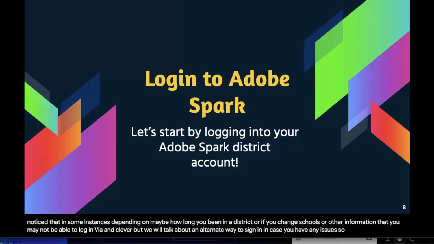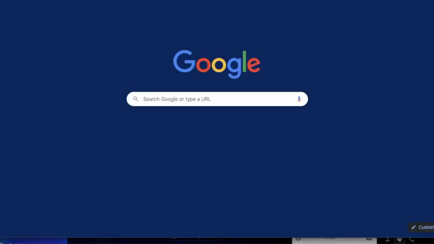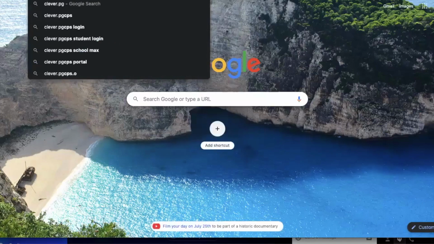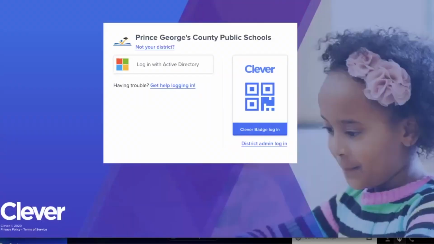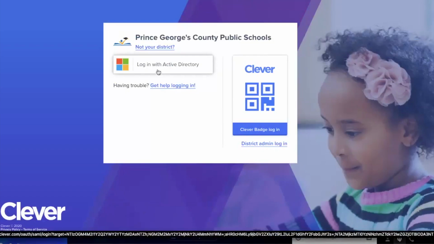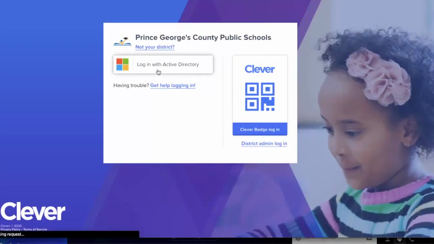So I'm going to open a new tab on my web browser, and I'm going to go to Clever. I'm just going to type in clever.pgcps.org. You're welcome to do it that way, or you could visit the staff portal, click on the Applications tab, and go down to Clever as well. But this is just the easiest and most direct route for me. So I'm going to click here to log in with Active Directory,